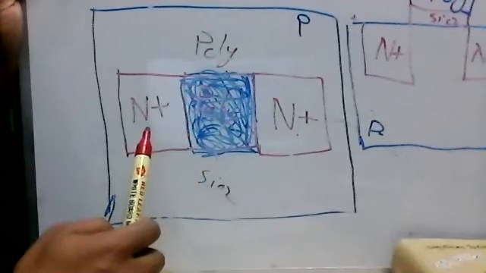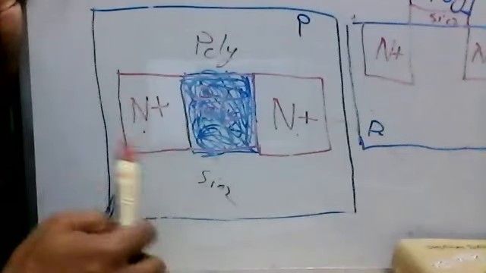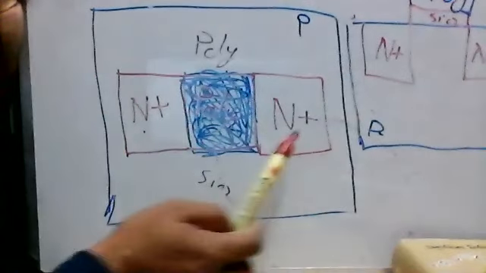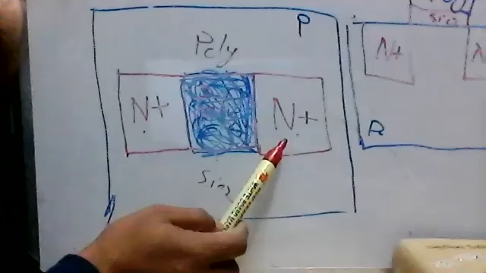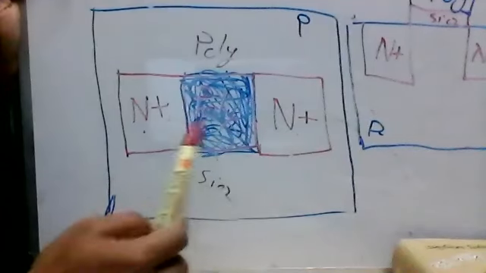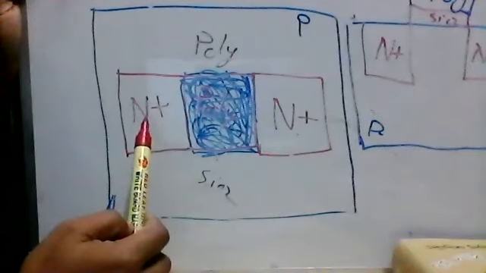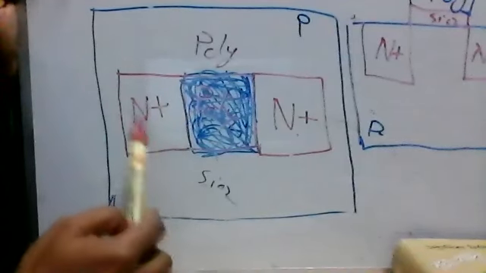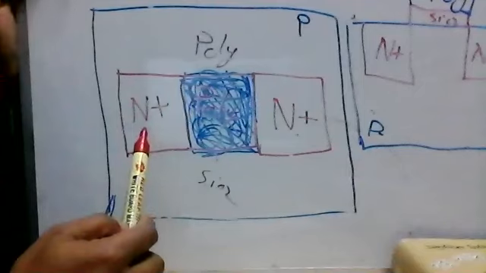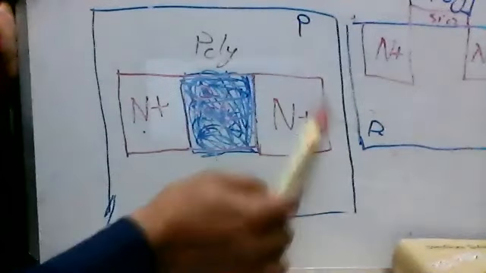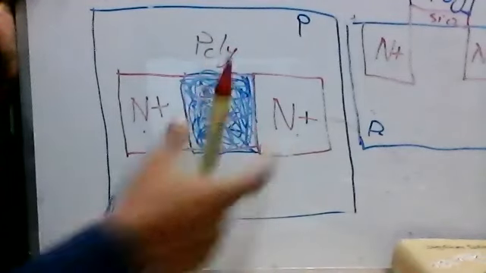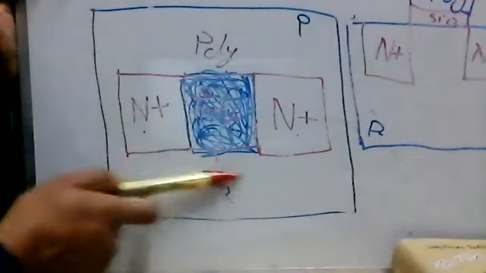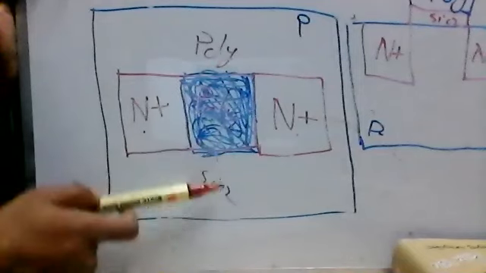It can be rectangular or square. These two areas will be diffused with N-type material like phosphorus or arsenic, and then we use a high concentration of those negative ions, and then these two areas turn into N plus and N plus, and between those two N plus areas, we apply the silicon dioxide